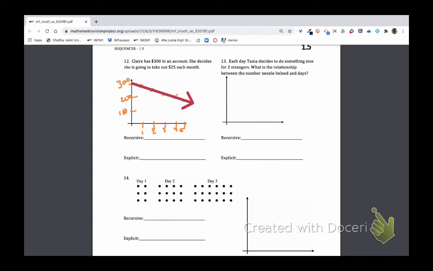So the recursive, we would set this up as f of 1. So our first, actually let's say that this one is our f of 0. We start out with $300. Okay, after 0 months, you have $300. And after every next month, you take the month right before it and subtract $25 from it. The explicit,